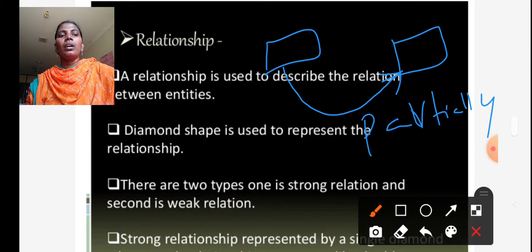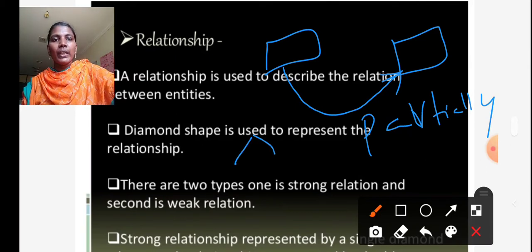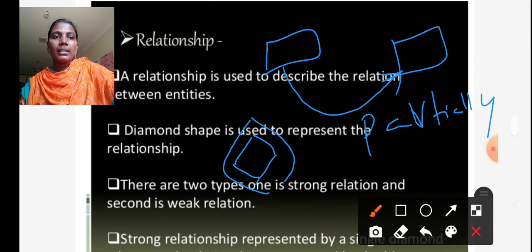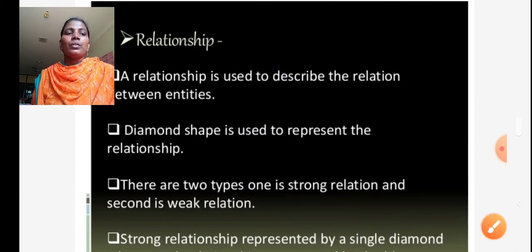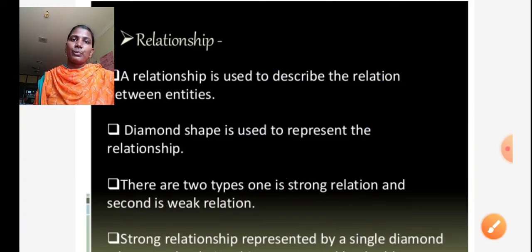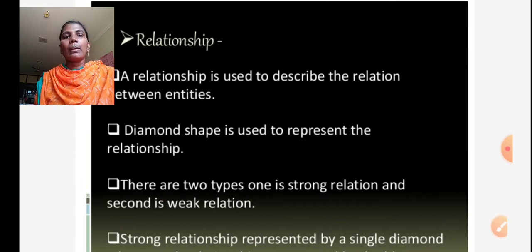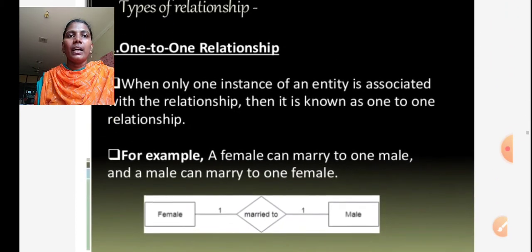That is called a weak relationship, and the weak relationship is represented with the double diamond symbol. Okay, so these are the types of relationships which exist in the ER model.